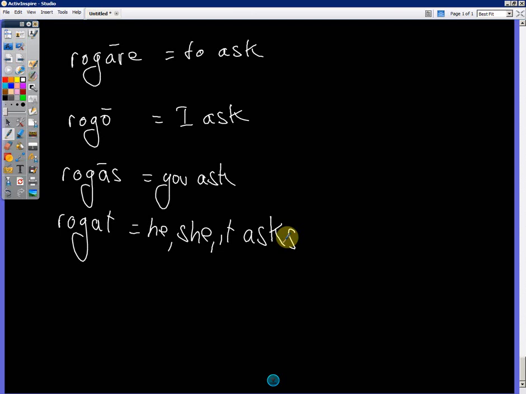So we've started on our road to the present tense of amo type verbs. Our model is amo, I love, amas, you love, and amat, he, she, or it loves. You need to get some practice with that,